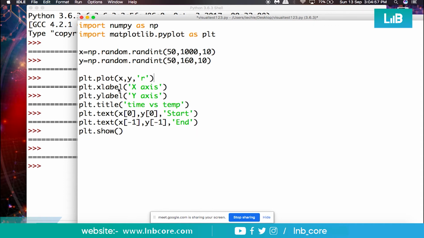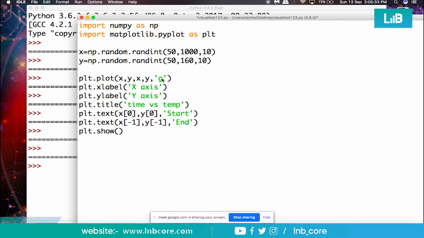Instead of plt.plot, plt.plot accepts all the graphs or all the values of different graphs in one line itself. So this pair will be for the first graph, this pair will be for another graph. Okay, if you will not use this thing, then this pair of two values will be for one graph, this pair of other values will be for another graph. Okay, right? And the color of this particular pair would be blue. It will be blue and it will be green with the star.